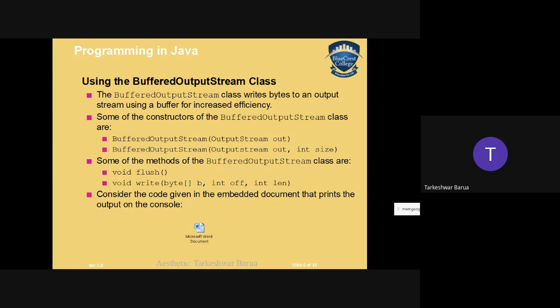Some of the constructors of the buffered output stream class accept an output stream object and a size. If you want to flush, you can. You can write one byte at a time.